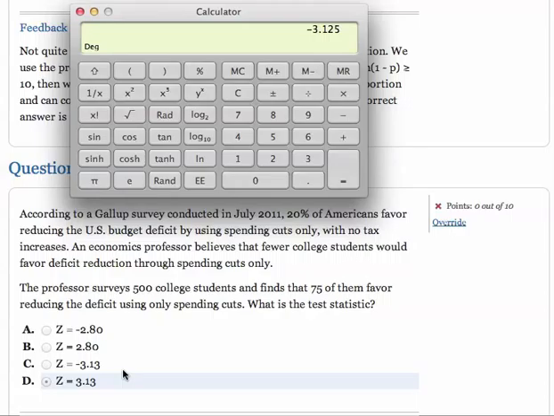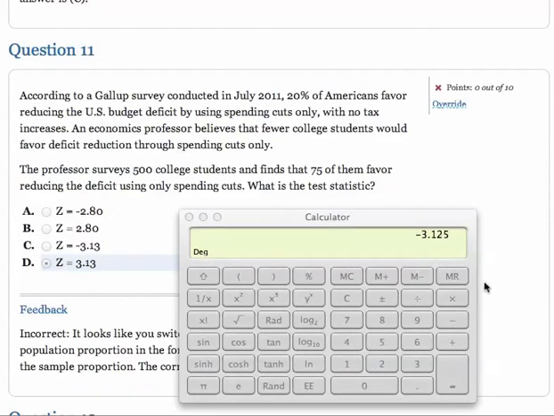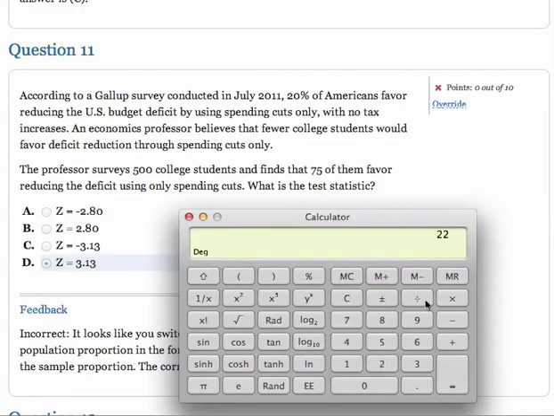Okay, I can't figure out what I'm doing wrong here, so I'm going to pause the video and work it out and then see if I can fix it. Okay, I figured out what I was doing wrong. I forgot, when you calculate sigma for p-hat, you use p, because we're doing a hypothesis test. So it's 0.2 times 0.8 divided by 500, and then take the square root.